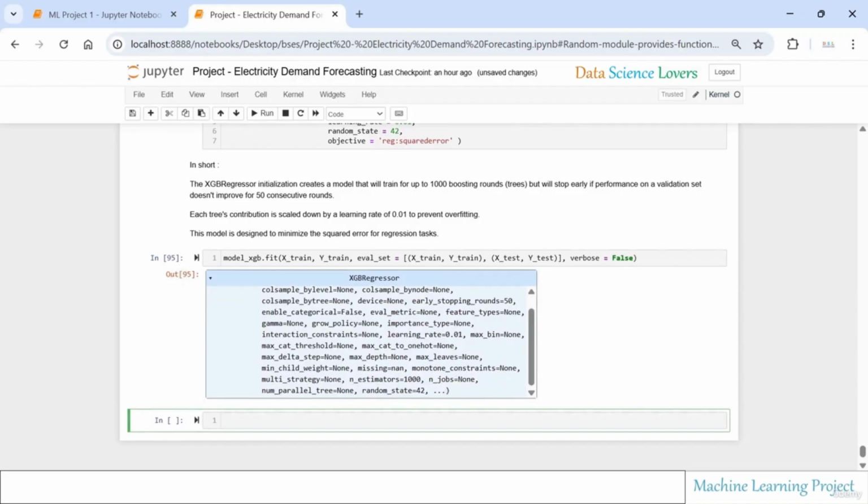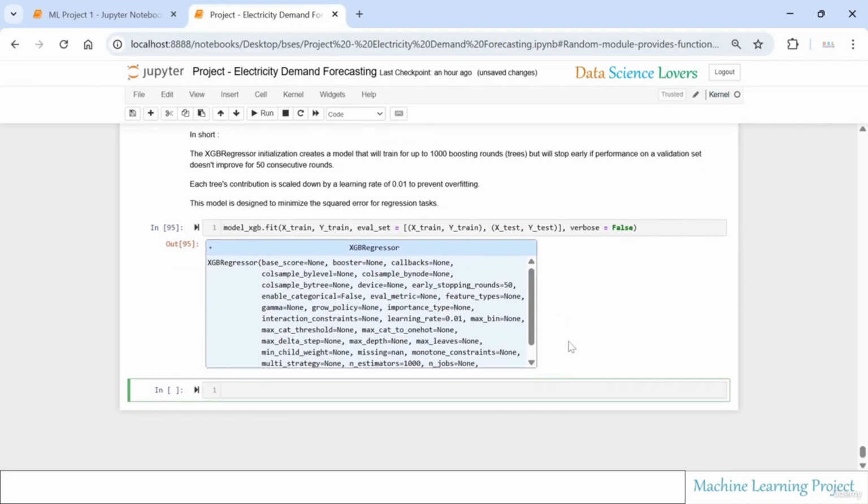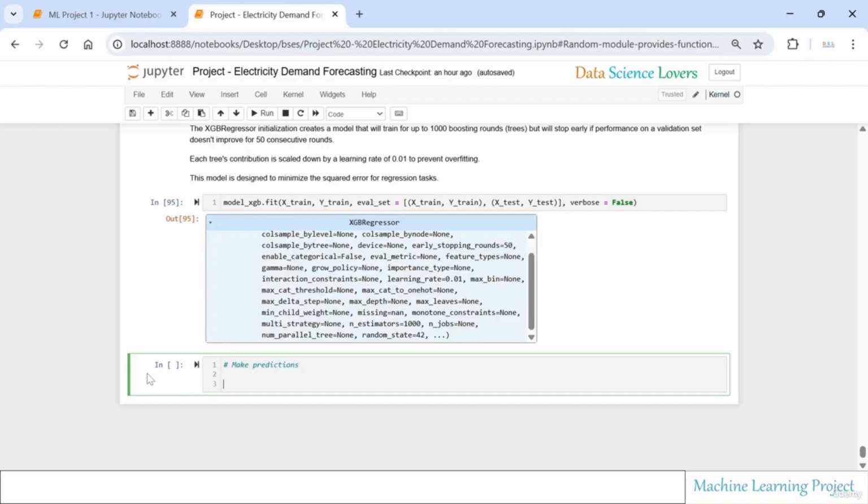So this is the output, and our model is ready now for the prediction tasks. Let's create a variable that will store the output of our prediction, and this variable name can be of your choice. I am naming it prediction_XGB. Now I will make use of my model that I trained above, model_XGB, and on this model I will use the predict function to make the prediction,